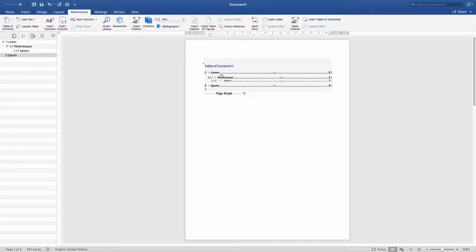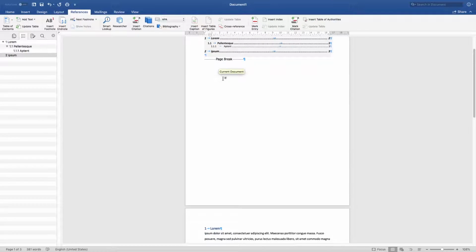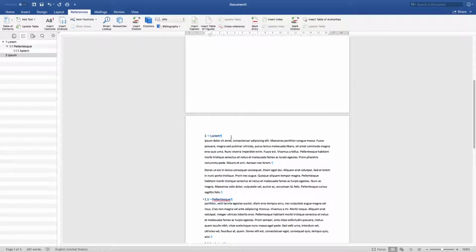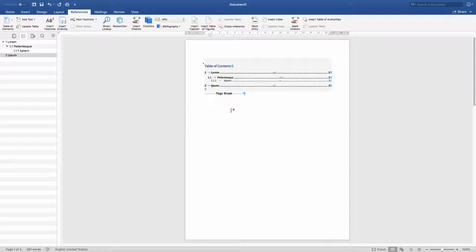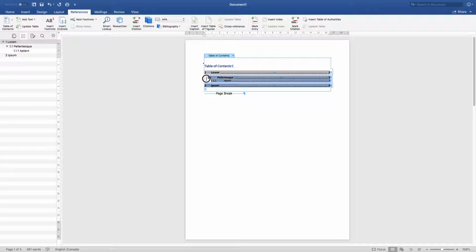So we could show whatever font style, size, spacing that we wanted on the table of contents, which in a way doesn't necessarily need to reflect what it shows on our text. And all the changes that you want seen in the table of contents need to be done before you actually insert the table of contents. That's really important. So what that means is, if I selected this whole table of contents and wanted to change